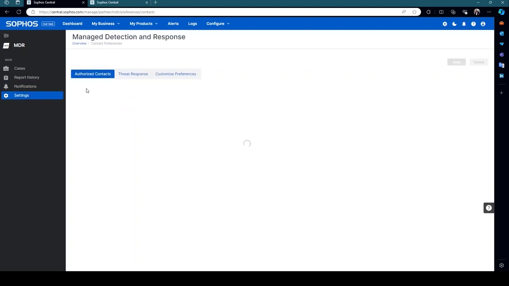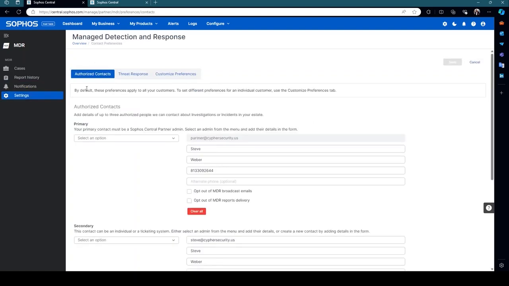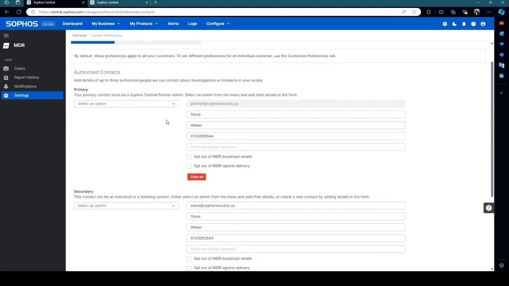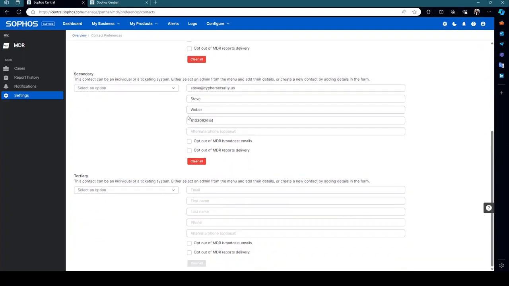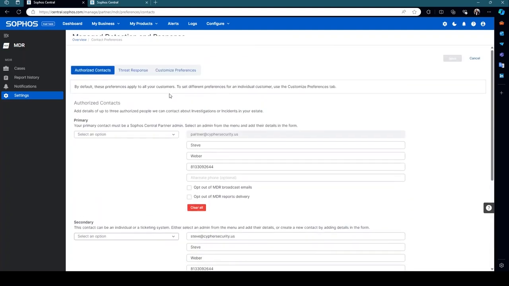The next thing is settings, which is the response or the contact settings. So by default, if a customer decides to go for MDR, they're going to inherit the partner settings. However, you can override these settings. But let's just assume you want to have all of the authorized contacts for your customers there, because you want to take all of that work away from them. Then you basically just give in here your 3 accounts, which we are trying to call in terms of an